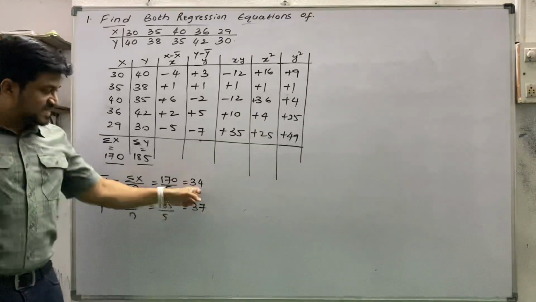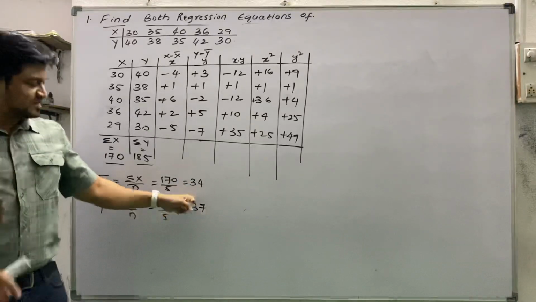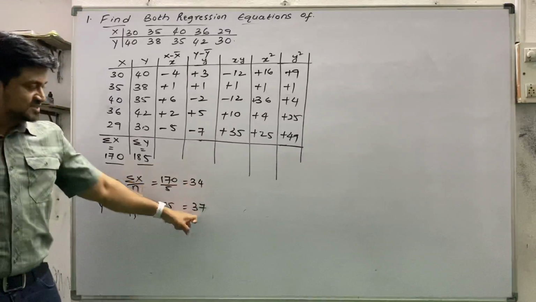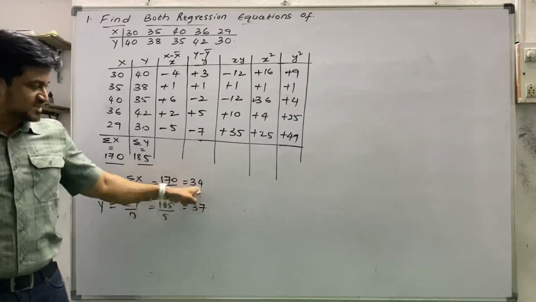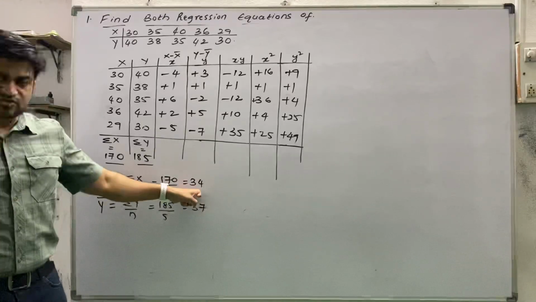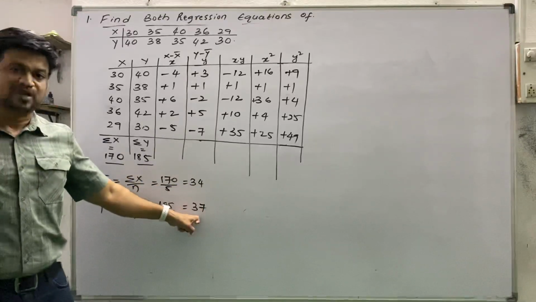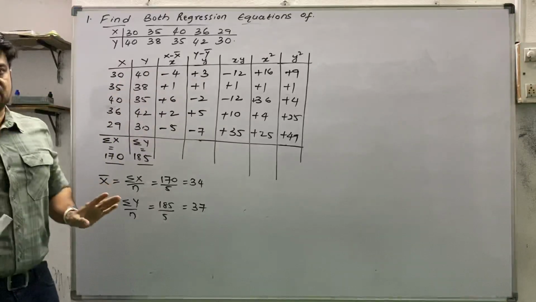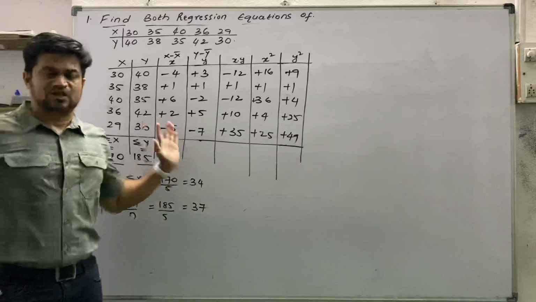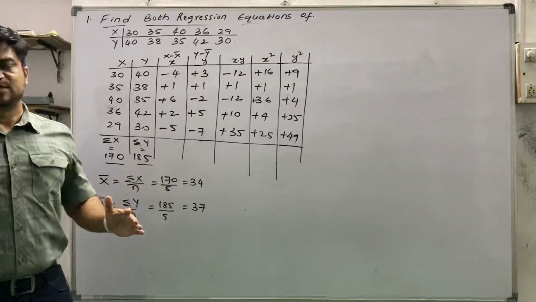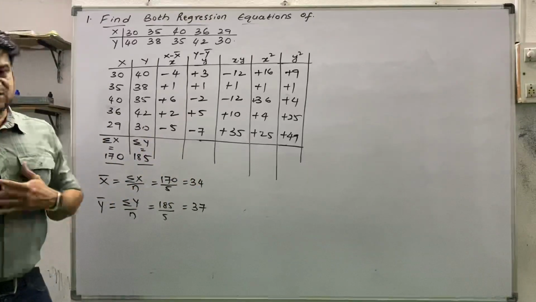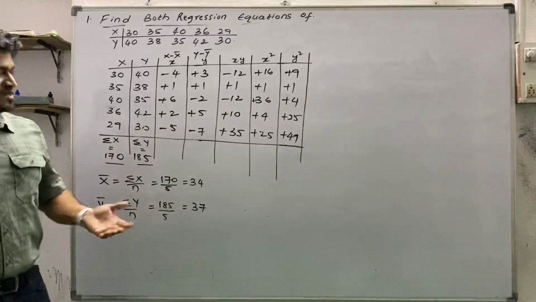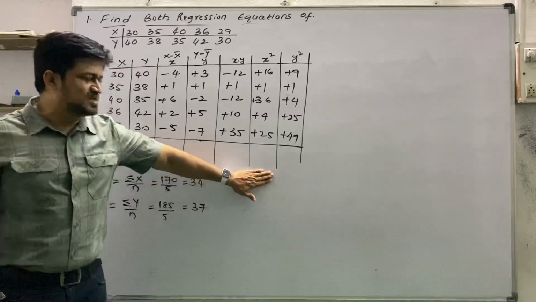This question, by seeing this, you have to understand what you have to remember: when you don't find any decimal value, suppose 34, second value is also 37. So 34 and 37. First value does not have any point, second value does not have any point, means this is the actual type 1 question that we have to consider from our side. See, there are many methods of solving this one. This one is the easiest method which was given in Kalyani publication textbook, so that you can follow. In RP Trivedi we have different types of method, but indirectly we are doing the same thing.